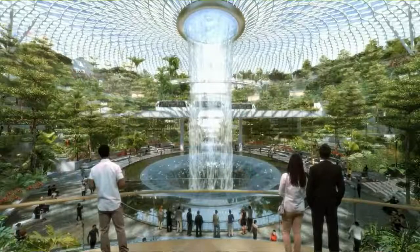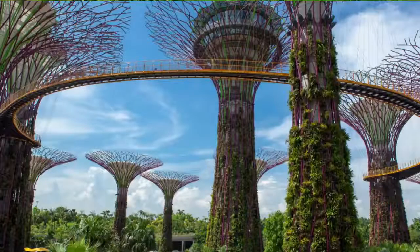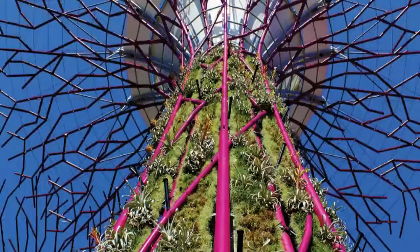And then even in their airport, I think it's the new terminal, they have a full-out forest in there with this vortex waterfall to create negative ions and everything like that. And then there's the Supertrees and the gardens. The Supertrees? What's that? Supertrees and Gardens by the Bay. Is that by the Marina on the bay? It's an artificial structure. Oh yes, those two big things that look like trees, and all the plants are growing within it, and actually all the waste is also being